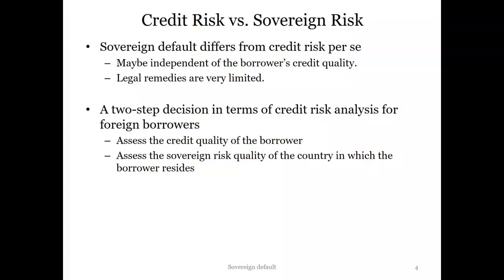When we talk about credit risk, we're mainly focusing on the borrower's own creditworthiness, right? So it's analyzing the firm's own ability to pay their debts, their earnings, and all that, their performance. But when it comes to sovereign risk, sometimes even the foreign firms have the ability to repay their debt, but if their governments have some problems and restrict local firms from paying foreign debts, it can still be an issue, right? So sometimes sovereign risk can be independent from credit risk.